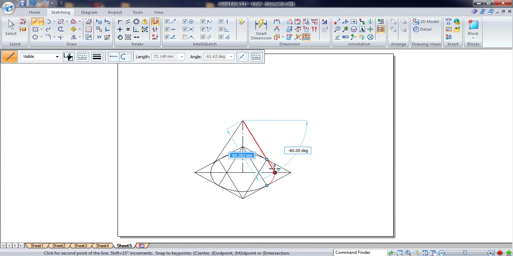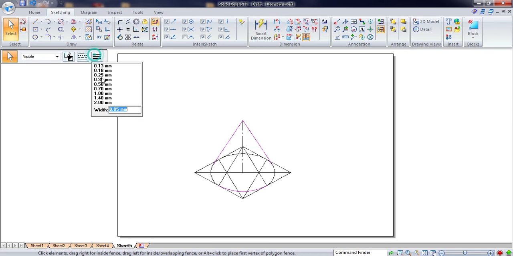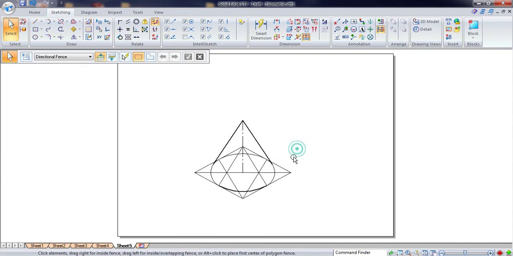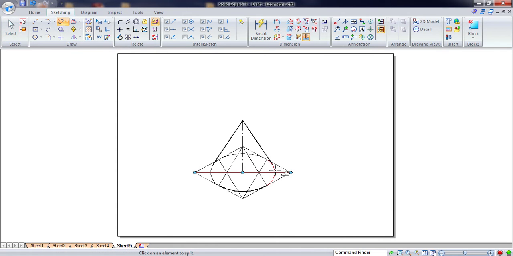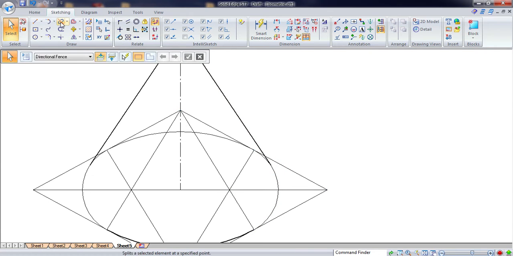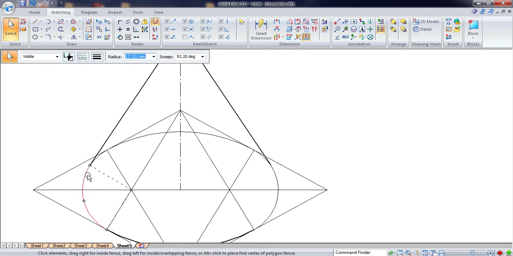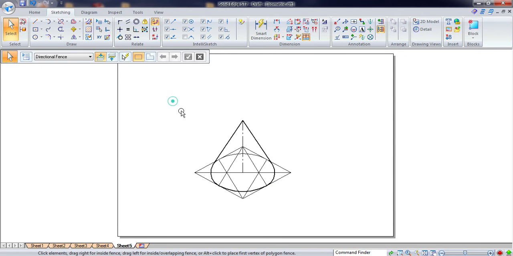That is Intellisketch. Whenever it shows tangent, you have to take it here. Now when you look at this cone from the front side, some of the lines are visible to you. So select all those lines and you have to darken them. Again a small portion of this one, and again we need to split here. So split this arc about this point. Similarly split this arc about this point. Now only this portion we need to show darker, because the arc behind that is not visible to us here. So this is the cone that I have drawn.